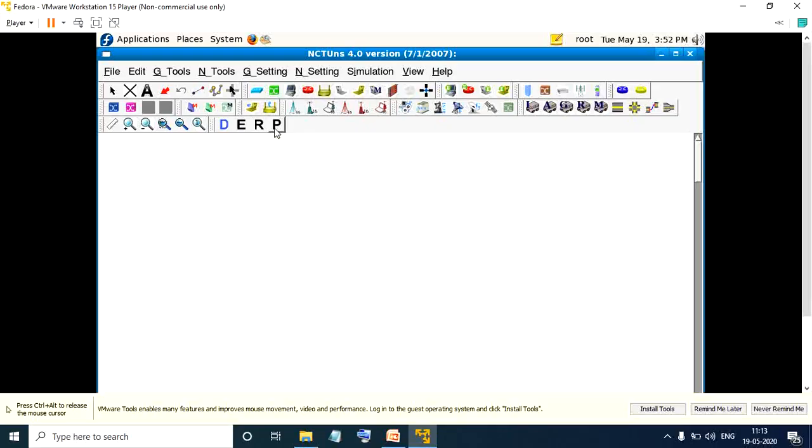Now going forward, this was your introduction to the lab, that is part A of the lab. Now we'll slowly move towards your first experiment. The aim of the first experiment is to implement a point-to-point network with 4 nodes and duplex links between them. So I'll repeat it once again. We'll be implementing a point-to-point network wherein we'll be having 4 nodes.